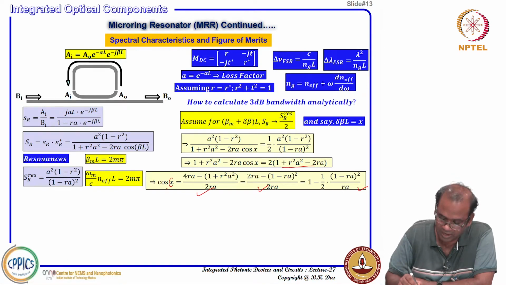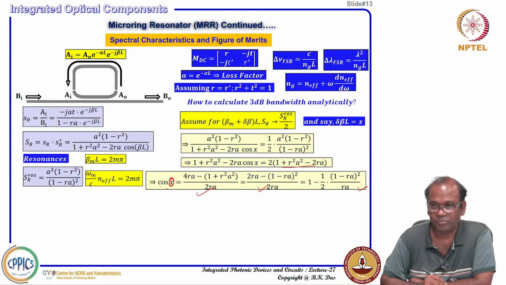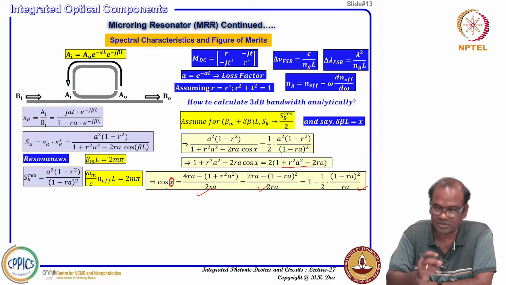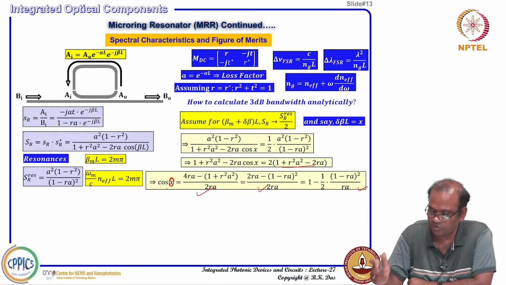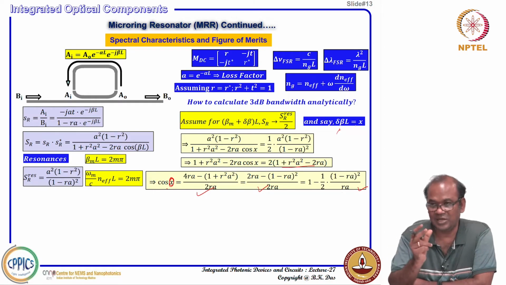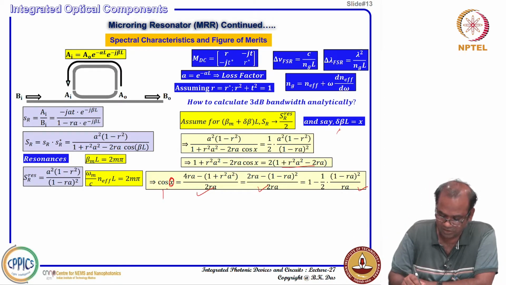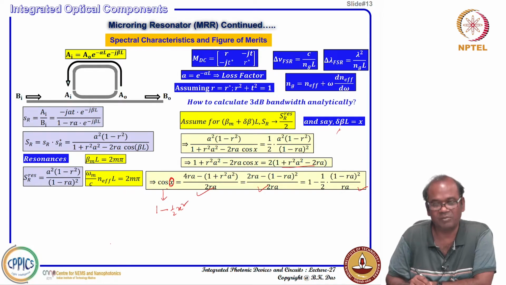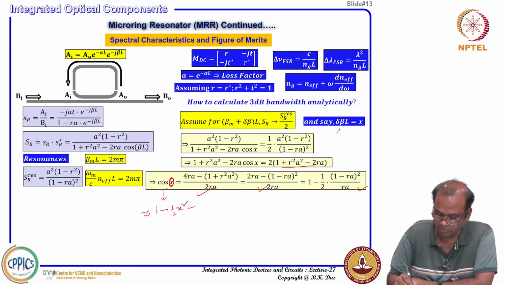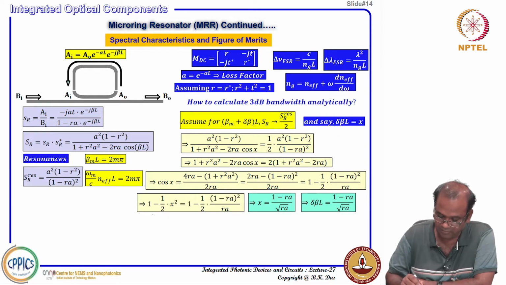Now, this x value is actually not very large, it is just a little bit detuned from the resonance wavelength, so that you get a delta beta and then you get x. So, you need not change this delta beta to a very large value. In that case, cos x you can express as approximately 1 minus half x square, and then you could write plus all the Taylor series terms, right. So, I can take the first 2 terms. If I do so, I have written that cos x equal to this one, 1 minus half x square,